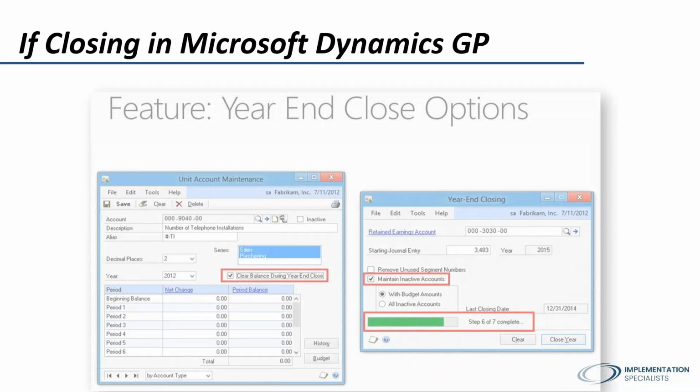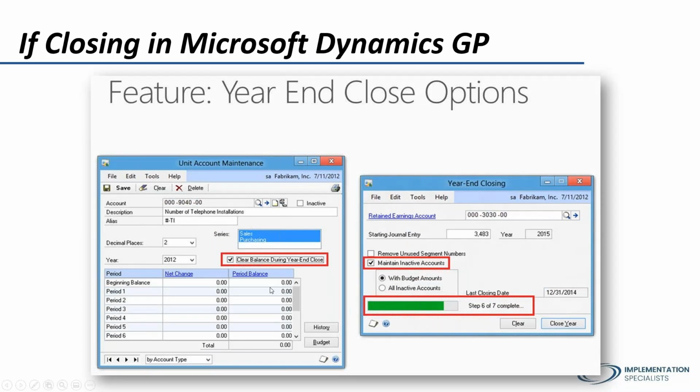All right, so here are the year-end close options. Within the unit accounts, you do have that option to set the clear balance during the year-end close. Also on your year-end closing screen, this is what the screen looks like. Here's your retained earnings account, and then if you're closing to segments as specified in the setup, there's an option